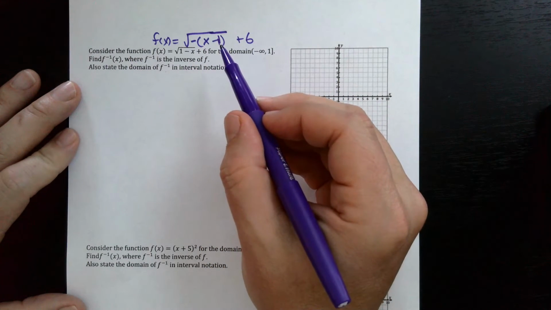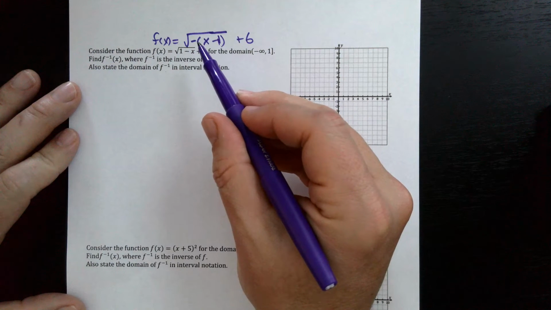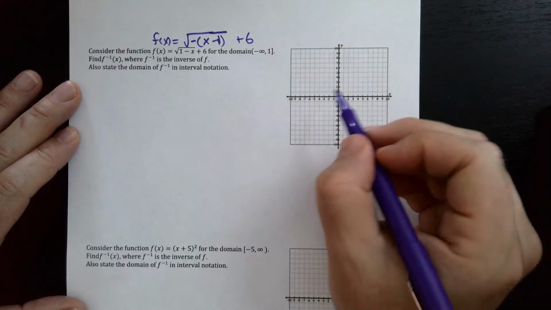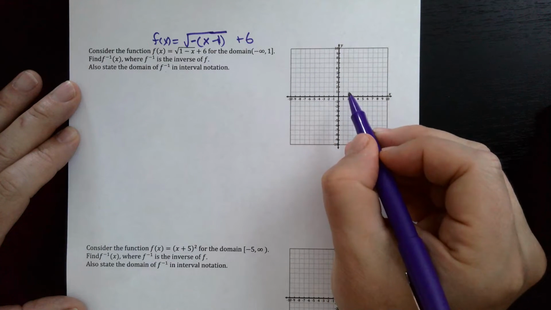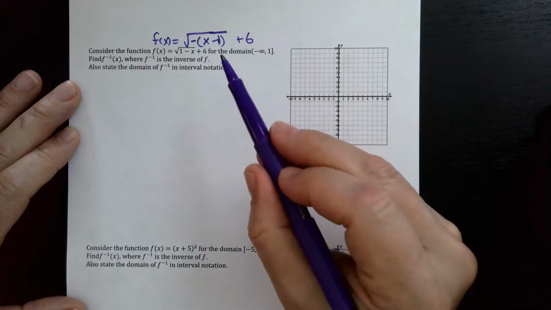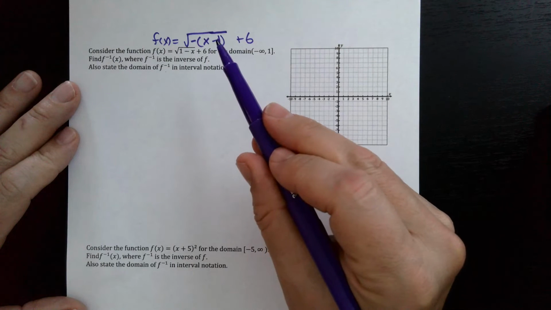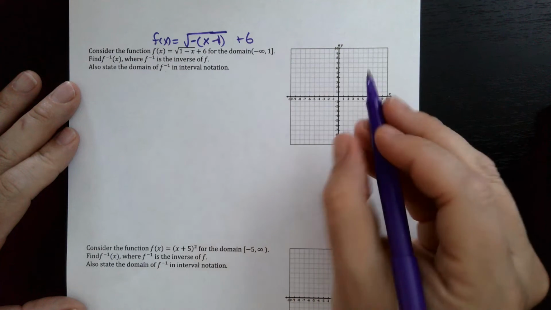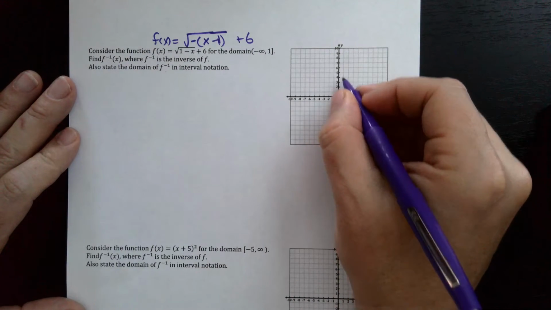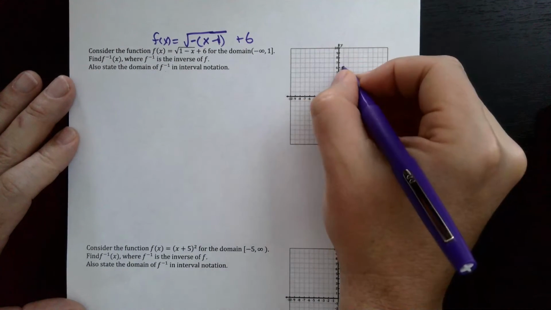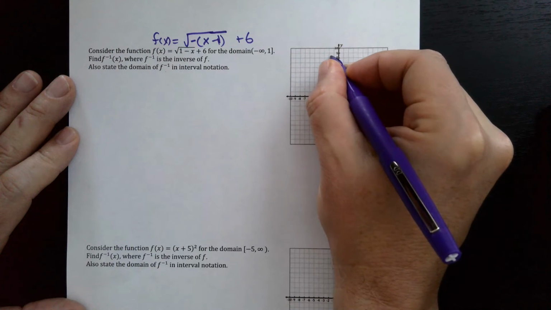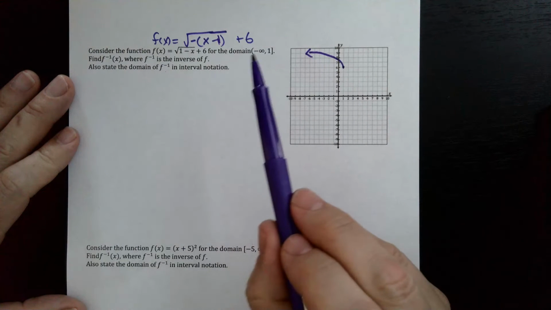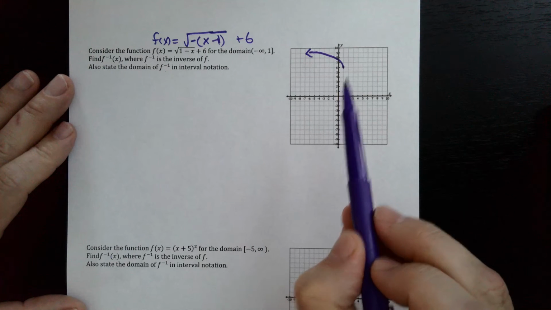I factor out the negative to say, well, the square root's going to face the opposite direction. So instead of going like this, it's actually going to go like this. Okay, and then the shift over is 1, because it's the opposite of the sign, and then plus 6. So I go over 1, up 6 here, and then it's going to look like this. Okay, and notice that our domain of our original function is negative infinity to 1,